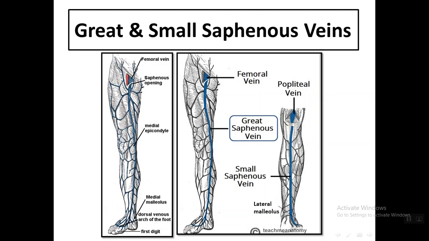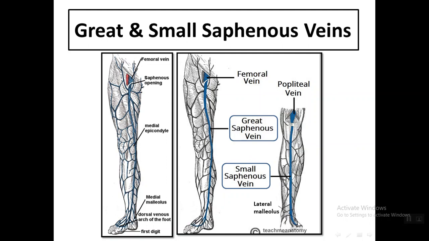It will ascend in front of the medial malleolus on the medial aspect of the leg, then posterior to the knee, and then on the medial aspect of the thigh until it reaches the saphenous opening to drain into the femoral vein. The small saphenous vein arises from the lateral end of the dorsal venous arch and